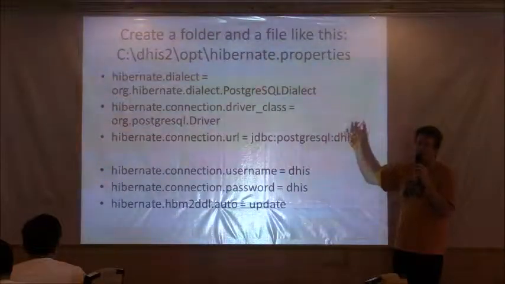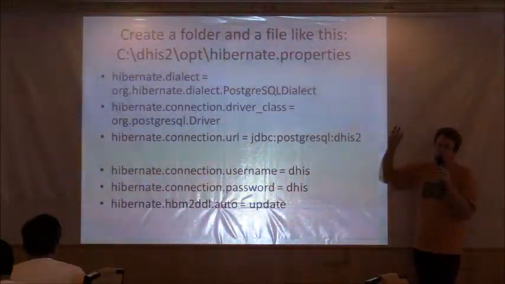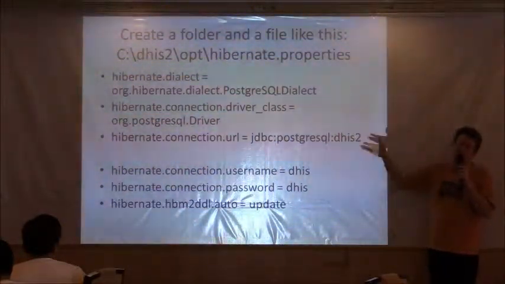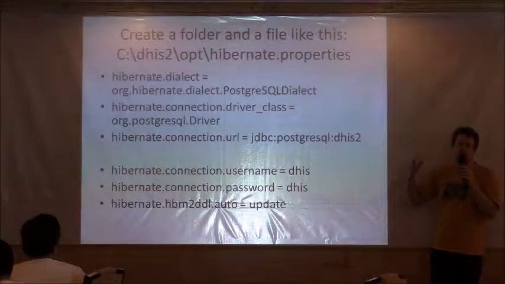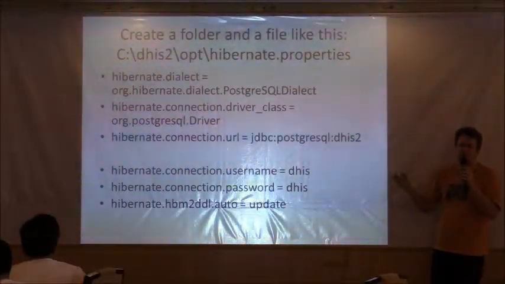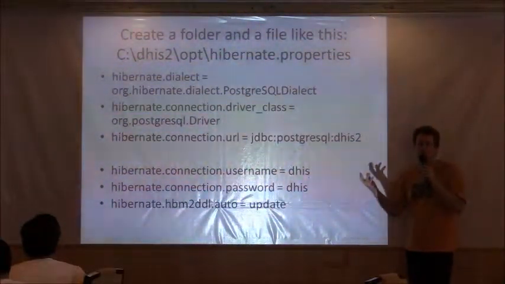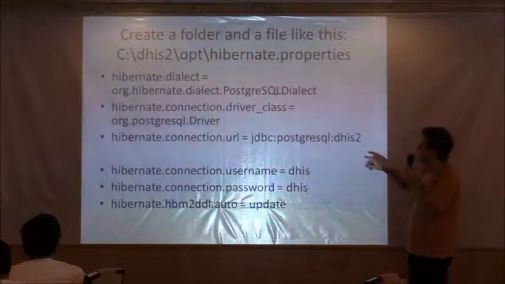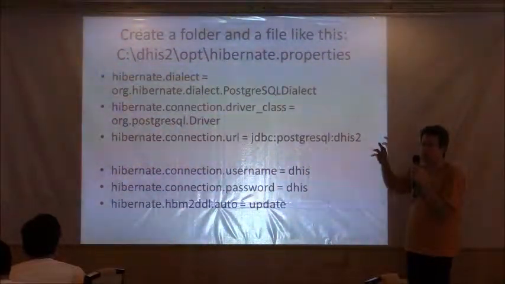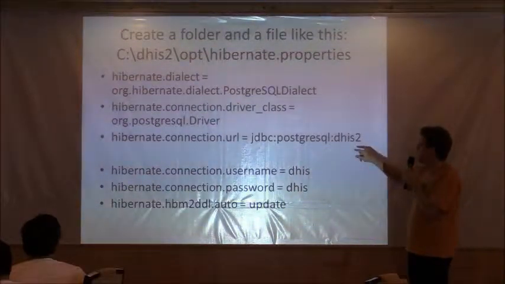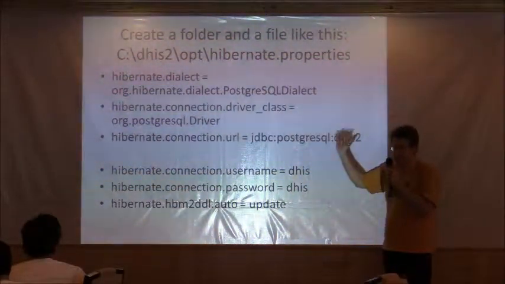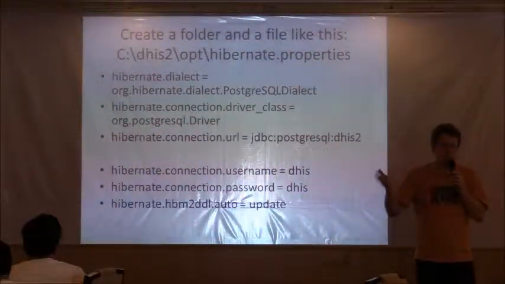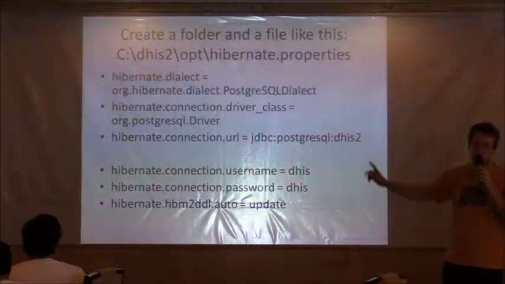This is where you define which database you want to connect to. If after some time you want to start again from a fresh database, or someone gives you another database dump, then you can just create another database with a different name, and you just change the name. And that's it. Basically, you just restart DHIS, and it'll go to a different database,